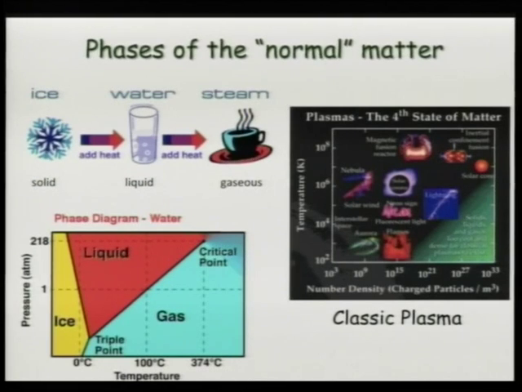And then we can really study the phases of this matter. If you consider normal matter, for instance water, you have solid, liquid, gas, so you can really draw a phase diagram with the ice, the liquid, the gas, the triple point, the temperature, the pressure. This is something that is well known if you study thermodynamics. Then there is a fourth state of matter, plasma, meaning all ionized particles. You have sparks, the solar corona, a lot of systems that are in this plasma state.